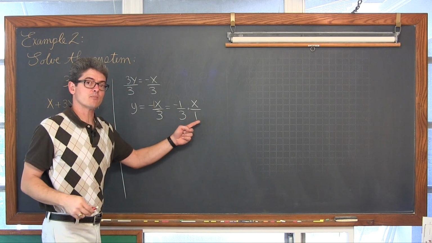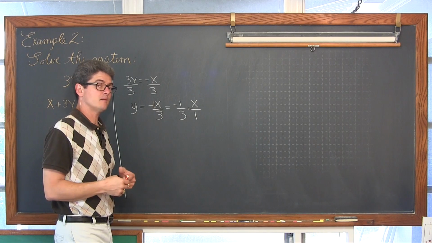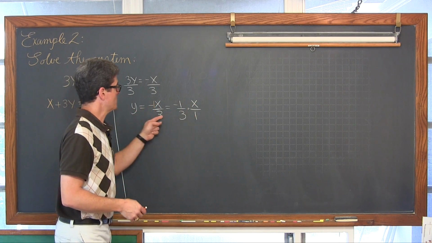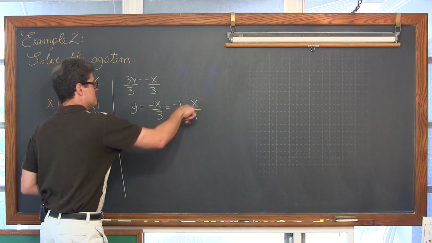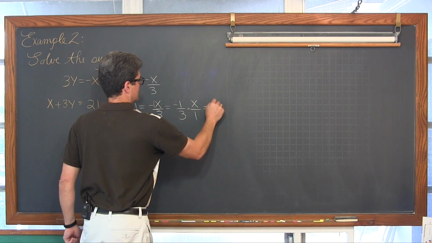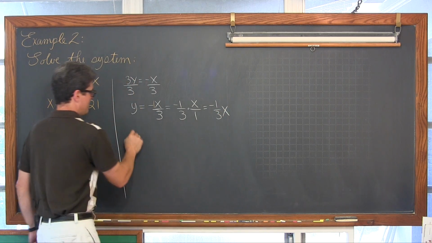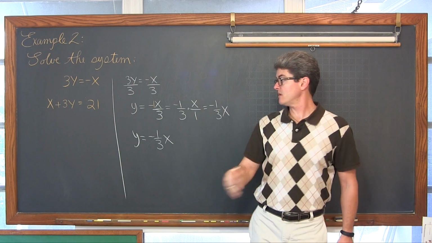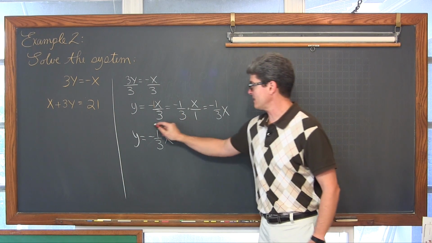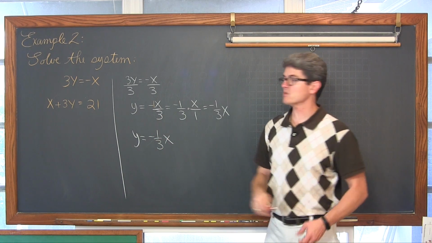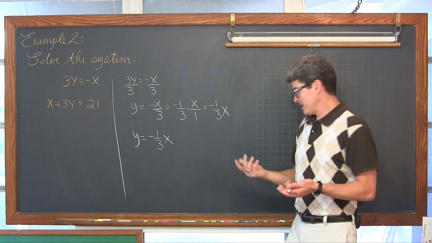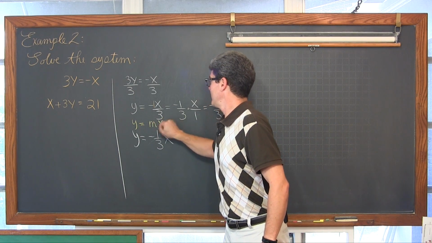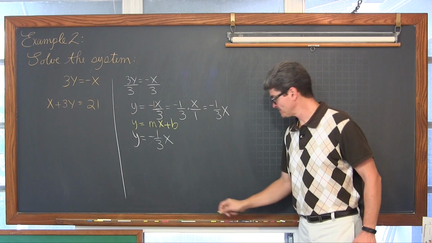This is just a teaching step. Remember, when you multiply fractions, you don't need common denominators. You just go straight across the top and bottom. So negative 1 times x is negative x, and 3 times 1 is 3. Long story short, this is the same, not basically, it is. We have y is equal to negative 1/3 x. I like to take the x and pull it out of the fraction to make it really obvious exactly what that slope is. And we are going to try to go into slope intercept form.